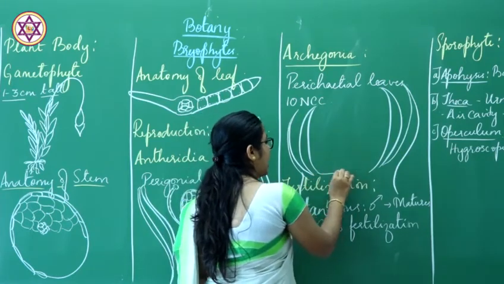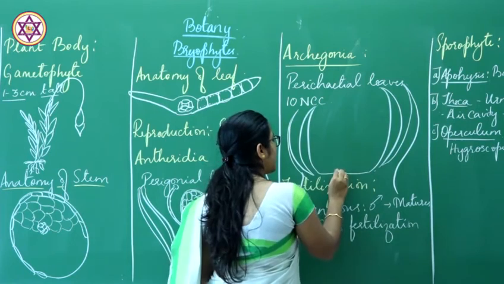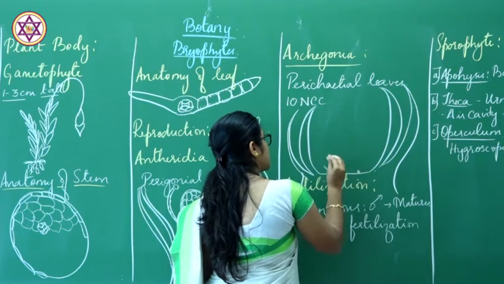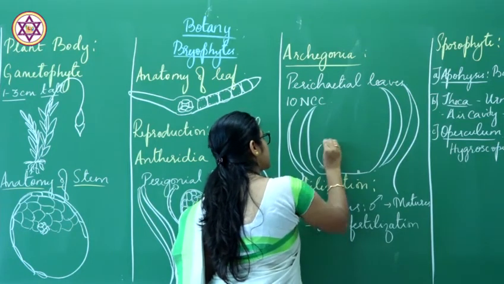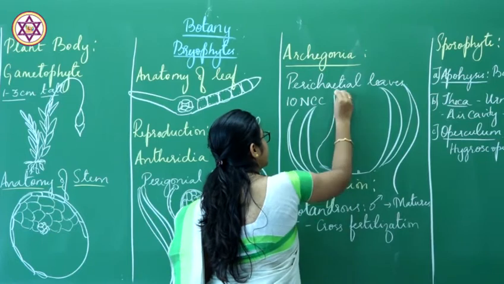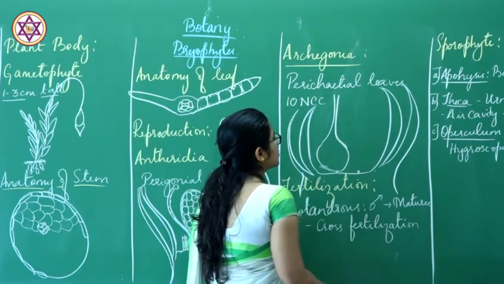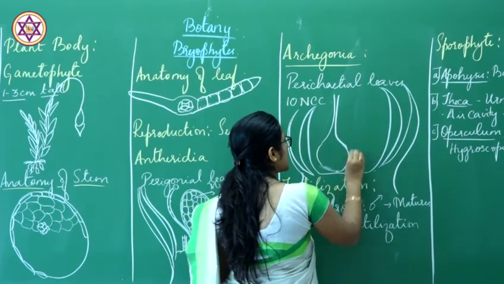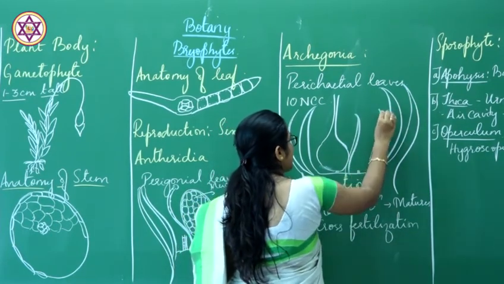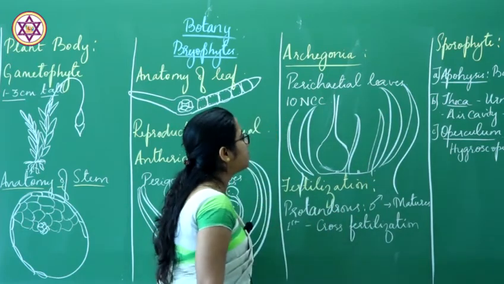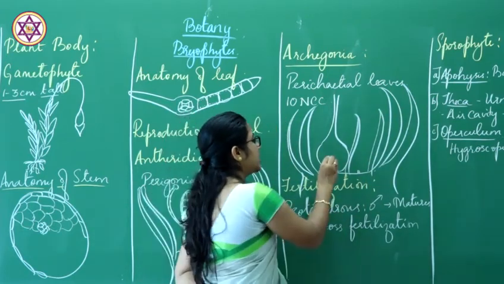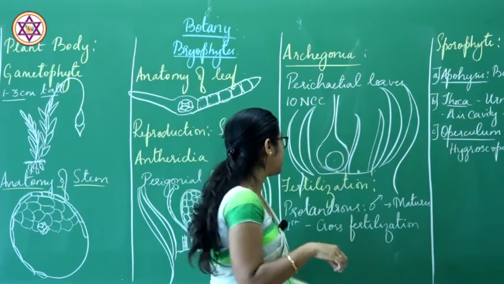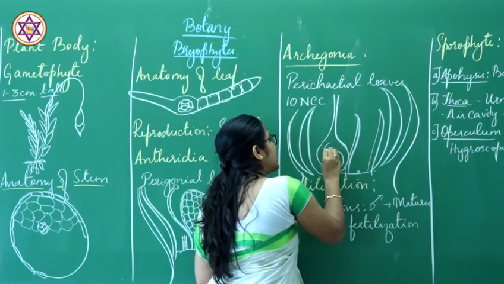Apart from that, at the center you will find a small stalk with a swollen base and a slender neck. So this is the archegonium. They do consist of sterile hairs in between, which are again protective in nature. Herein you can see that they have one big matured egg at the center, which is accompanied with